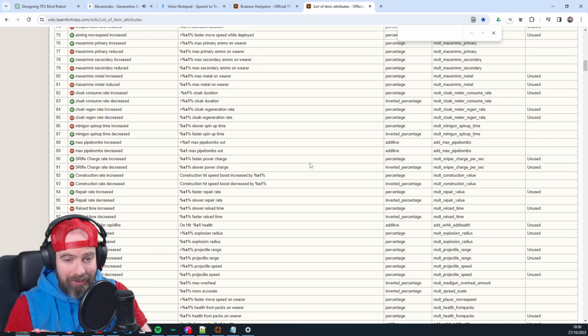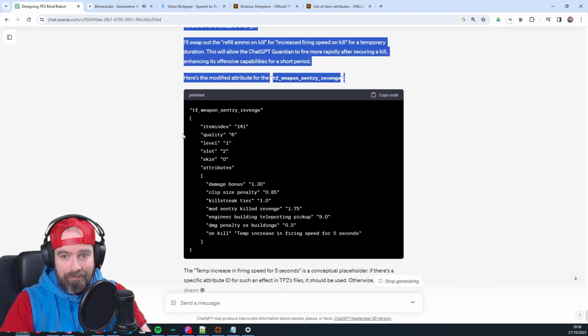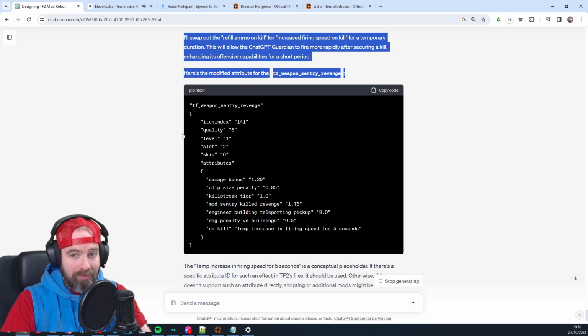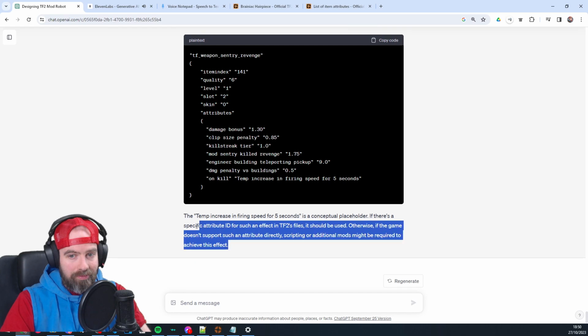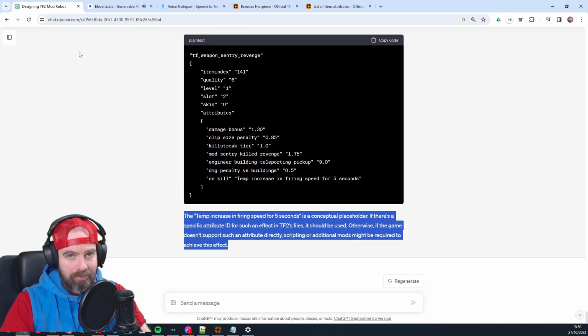My apologies for the oversight. Let's adjust the TF bot weapon Sentry Revenge attributes to reflect a more suitable change. I'll swap out the refill ammo on kill for increased firing speed on kill for a temporary duration. This will allow the ChatGPT Guardian to fire more rapidly after securing a kill, enhancing its offensive capabilities for a short period. Here's the modified attribute for the TF